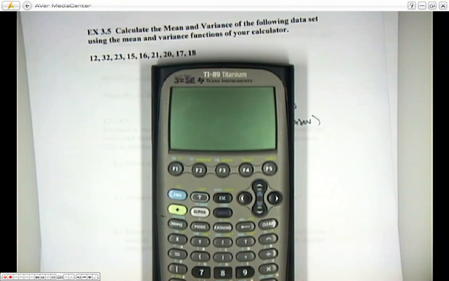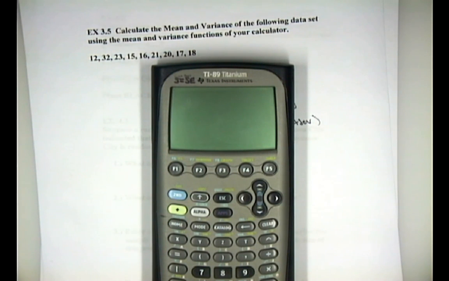Okay, students, this is how to get one variable statistics with your TI-89 Titanium. They are a slightly different process to the 83 and 84s. We're going to just use the example on page 22 of the notes, example 3.5. So in order to get the mean and the variance of a data set using your calculator, you're going to